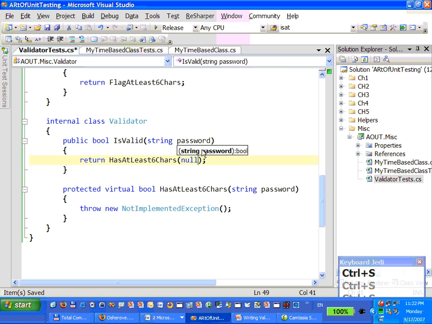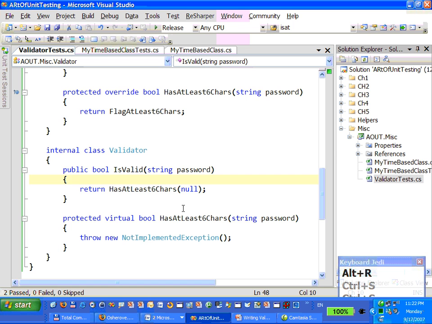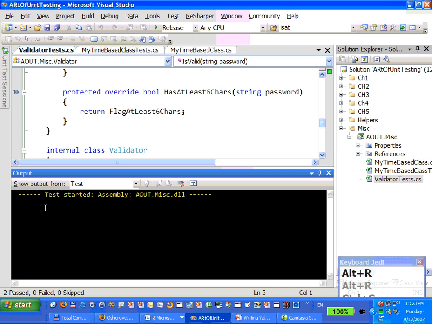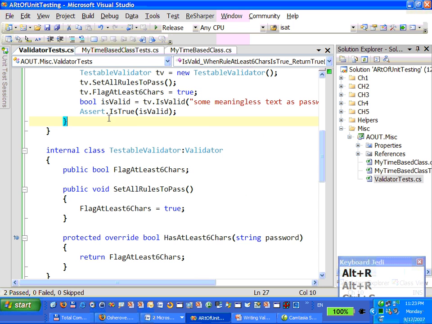Null. Why does that matter? Well, this is a problem. We're going to need to prove that I'm actually going to have to send in the actual password. But as you can see, the 2 tests are now passing. So let's add another rule. Things should get pretty simple from here. The first rule I'm going to add is to say